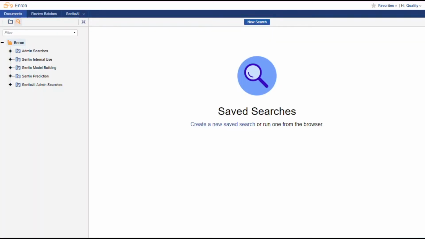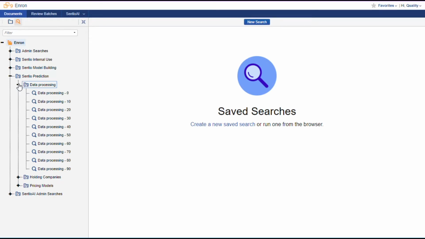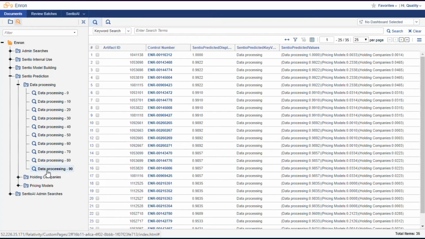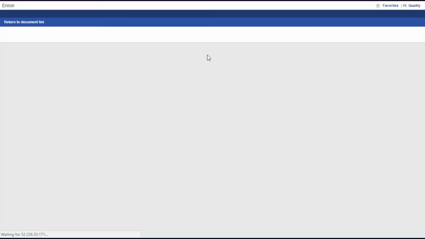When Predict is complete, the Quality Controller navigates to the Saved Searches in the Documents tab. There they will find a folder named Sentio Prediction. A series of folders, one for each issue, will be found within the Sentio Prediction folder. Each issue folder will contain 10 saved searches that will display the documents predicted based on their predicted score for that issue. The Quality Controller should use these saved searches to spot check the predicted reviews to evaluate the effectiveness